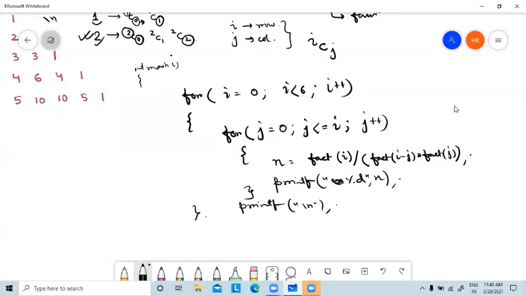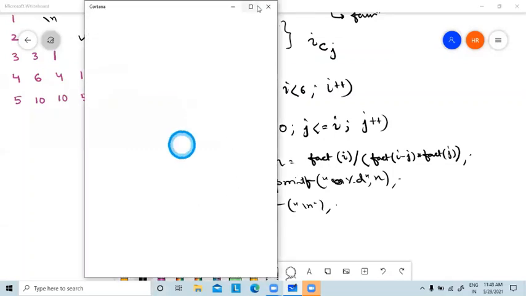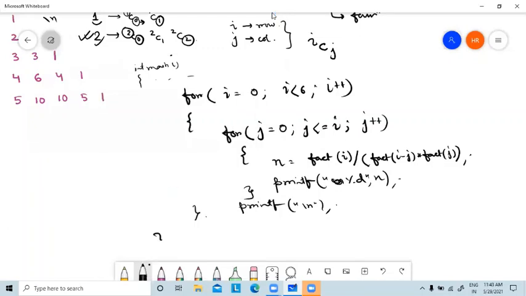So what you have to do, you have to declare the variables. So this is your repetitive structure,